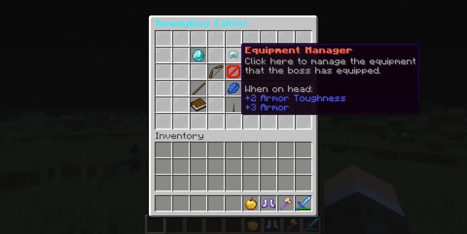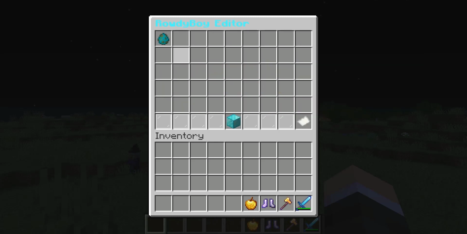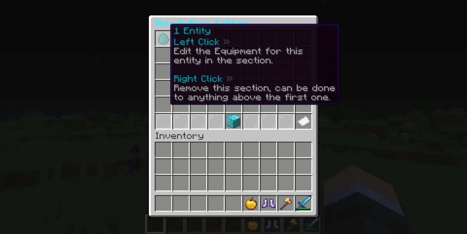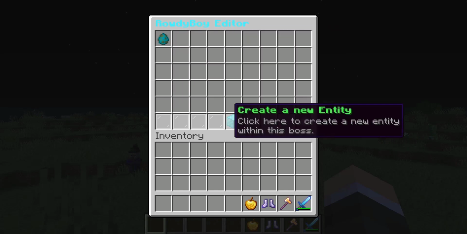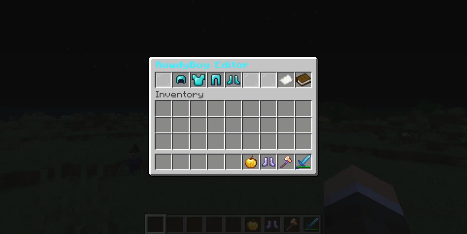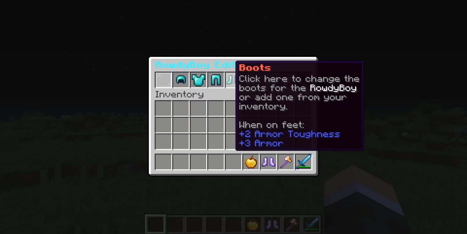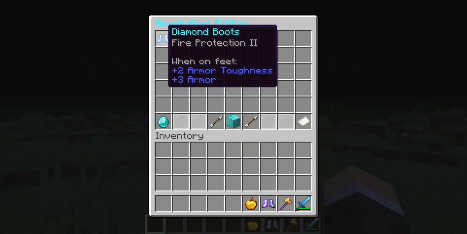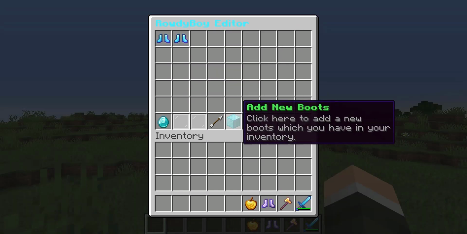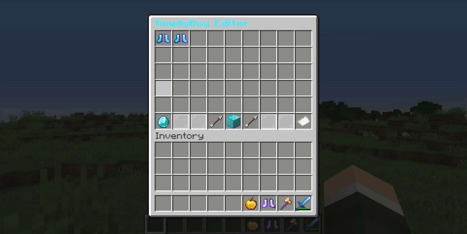Here we have the equipment manager. Now this is quite nice on its own, so you can click on the single entity that we have set up. You can also create new entities that are within the boss, which is quite fun on its own, but we're just going to keep it simple for the sake of time. So here you can view the boots that are available to it. As you guys can see, we do have our own sort of boots there. We can select any type of boots that we want it to have and remove it by clicking on the